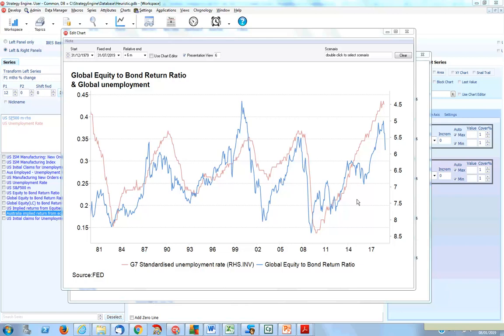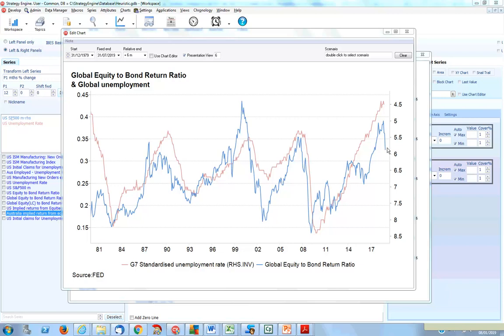So just to explain on this particular chart, the red line on the right-hand scale is the inverted unemployment rate for the G7. So that's come down to about 4.4, 4.5. And the blue line, left-hand scale, is just basically the ratio of global equity to global bonds. And what you see here is a period obviously of outperforming equities and the more recent underperforming period for equities relative